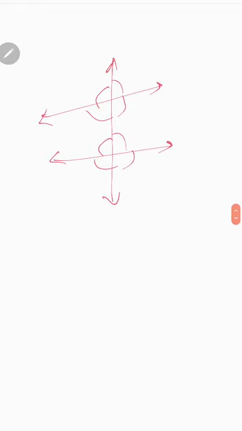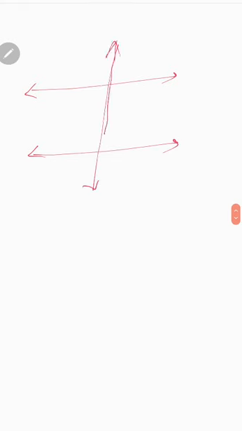So in this transversal concept, we have to know what is the relation between these angles. By that we can solve problems related to transversals. To know the relation between the angles, here I am taking one special condition: if the two lines are parallel and the parallel lines are intersected by a line, then this line is called transversal.